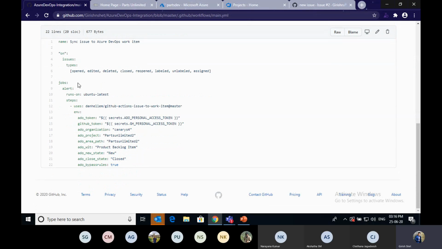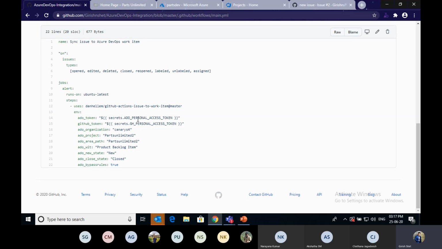This job has to run on Ubuntu latest here, that is the agent specification, and these are all my steps here. In this step, this is going to refer to this action here. This is the action where, whenever the issue is created, a work item is generated, and these are all my environment variables here.